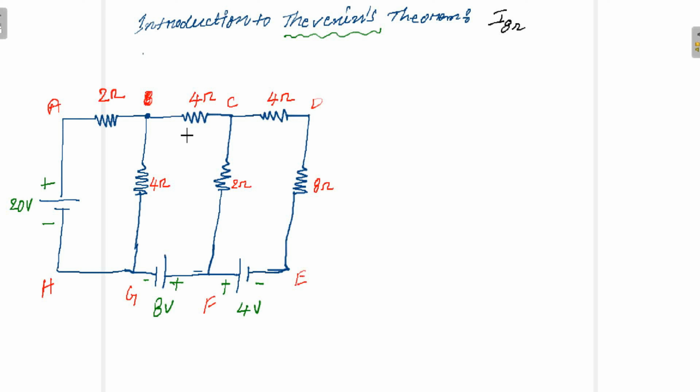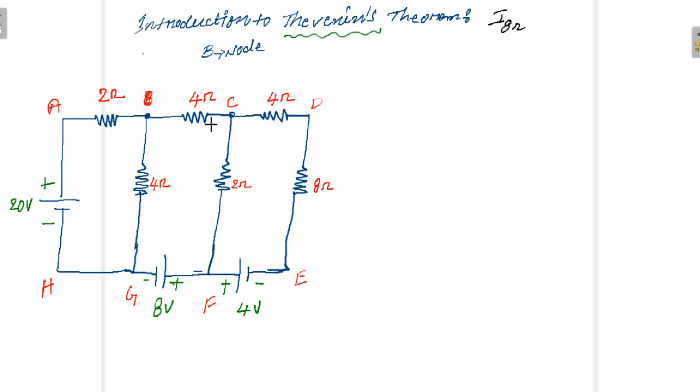Before that, now tell me, what are all the nodes we have? Is this A a node? No, because whatever current is coming to this A, the same amount of current flows to this 2 ohms. Is there any bifurcation? No. Now let us come to B. Whatever current is coming to this B divides into two branches. Can I consider B a node? B is a node.